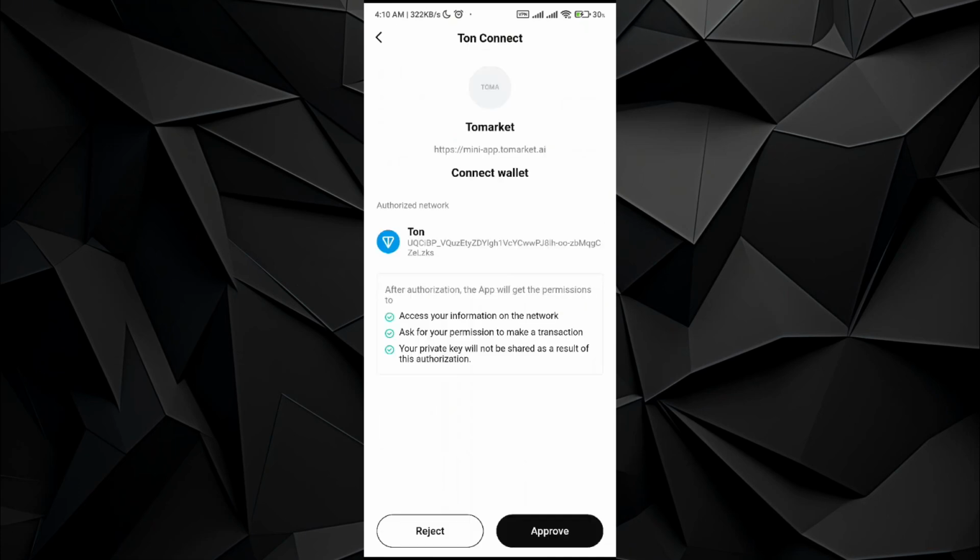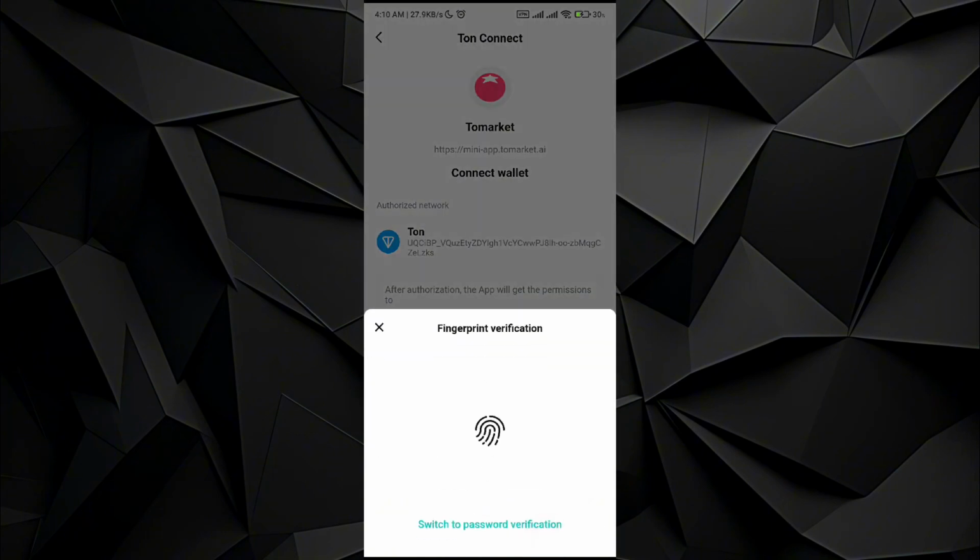Once it does, it will show you a page like this one where you can connect your wallet, and all you have to do is to give access to your information on the network, ask for your permission to make transactions, and your private key will not be shared as a result of this authorization. Just approve it, and